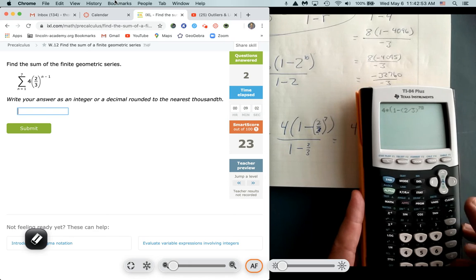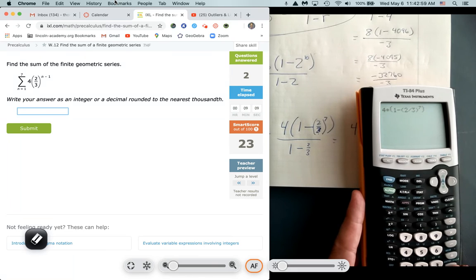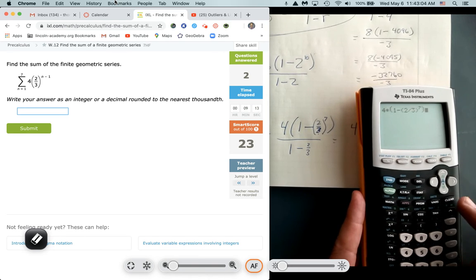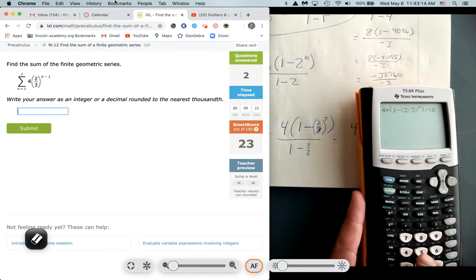Now I'm going to arrow over to get out from underneath the exponent, parentheses. Now I could just hit enter and then divide, but if I wanted to, I could divide by that 1 minus 2/3. So I'm just going to put divide. Now I'm going to do parentheses, because I have to make sure I follow order of operations. I have to do that minus that's in the denominator first. So 1 minus,